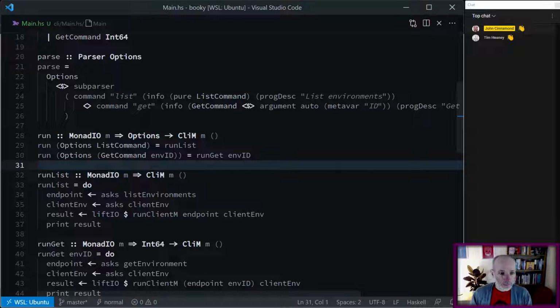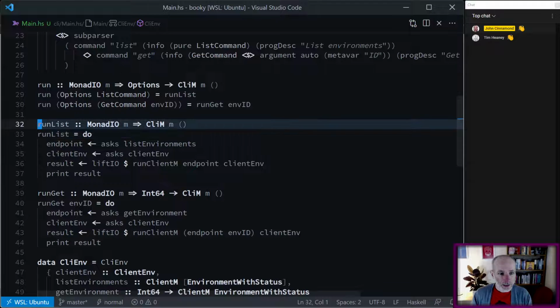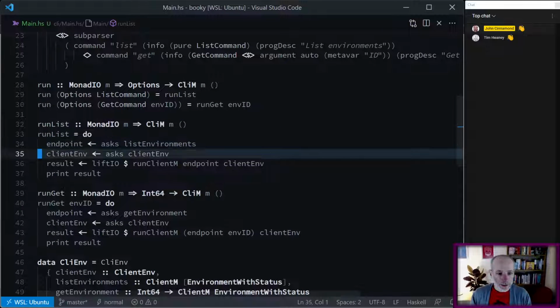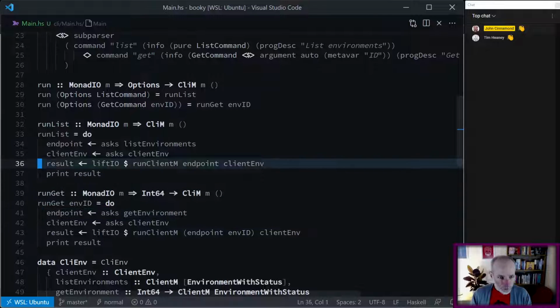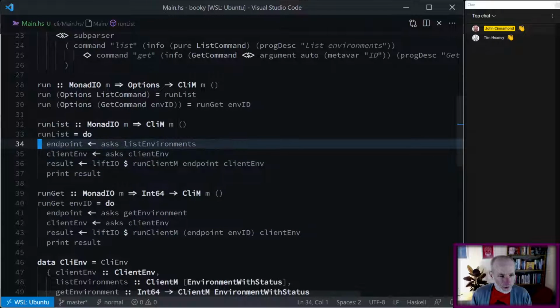These are the two functions I use to list out all of the environments or to get a single environment. Right, so they're both very similar. We get the endpoint that we're going to call. This ultimately comes from